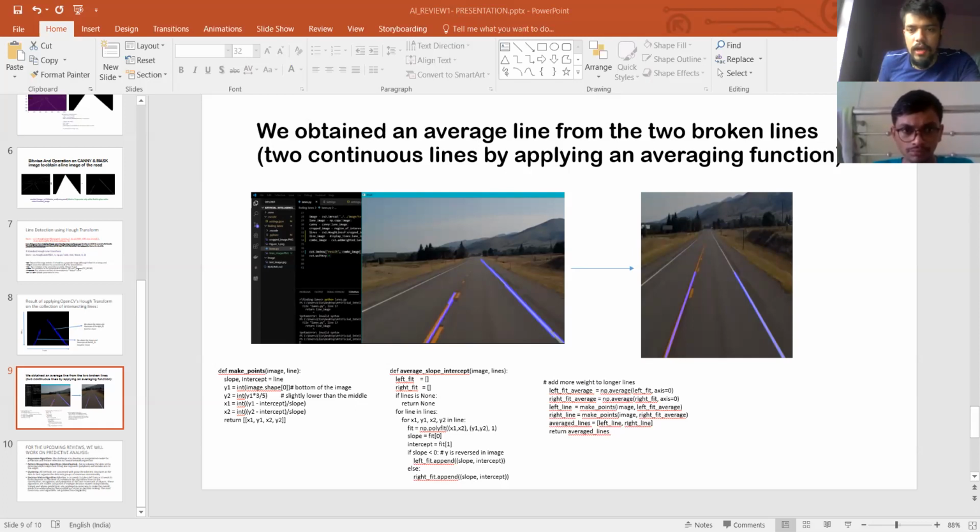The next part we go to is behavioral cloning. In behavioral cloning, we have various kinds of algorithms. In a self-driving car, we use various kinds of algorithms like YOLO, You Only Look Once, which is an object detection algorithm.